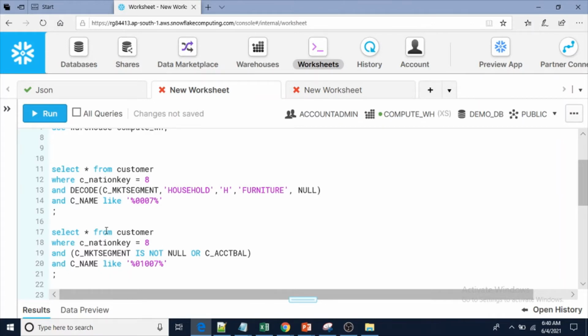Here, I wantedly made the mistake. See here, c underscore segment household w and furniture, if it is furniture is null. Here I wantedly missed the comparison condition. I just used the is; my intention is not null, this is the or is null, this is my condition, but by mistake I didn't specify this one.